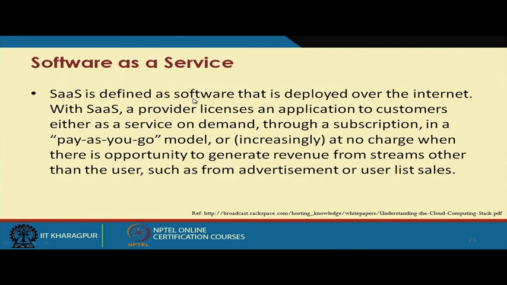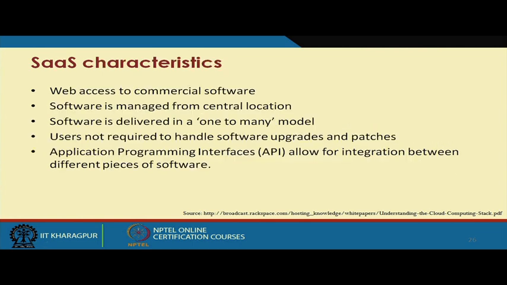So, software as a service is this definition, I am not repeating it: it is software that is deployed over the internet, uses a pay as you go model, and you can search and leverage that service. Characteristics: web access to commercial software, that is one of the typical features. Software is managed from some sort of a logically centralized location. So, it may be deployed in a distributed fashion, but the management is logically centralized,